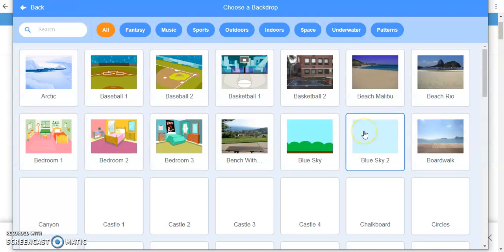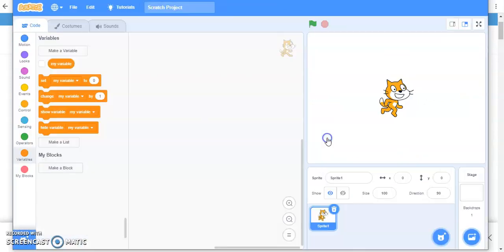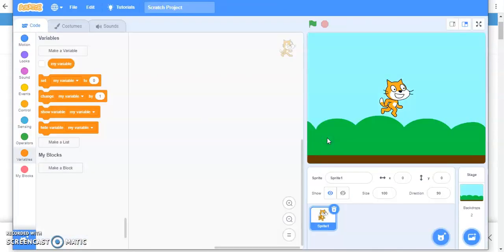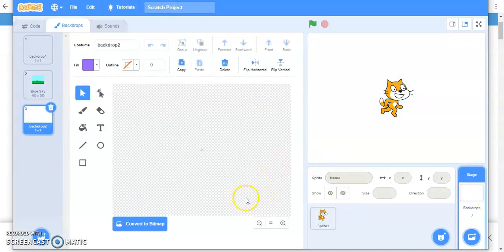Backdrops are the background pictures which are there on the stage. If I choose this, it will become my background. By default I have a blank white background, or I can also create my own backdrop. For example, if I want to draw a tree over here, I can draw the tree with the help of a brush.